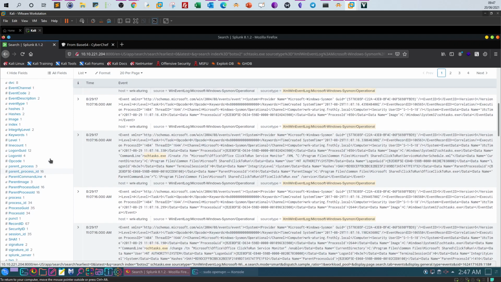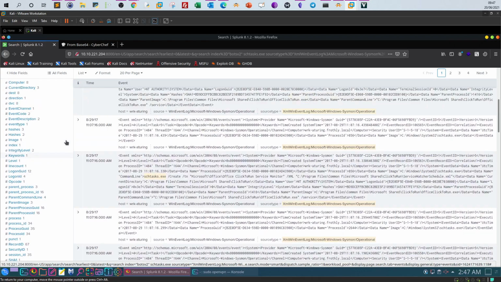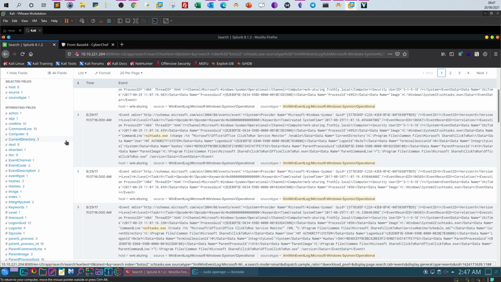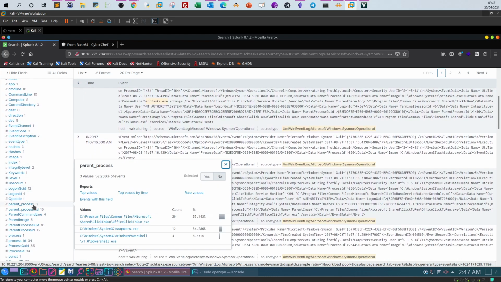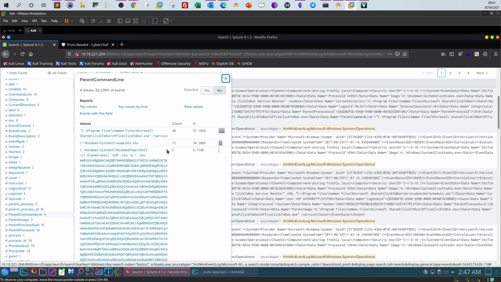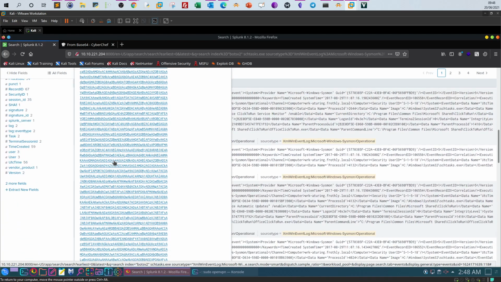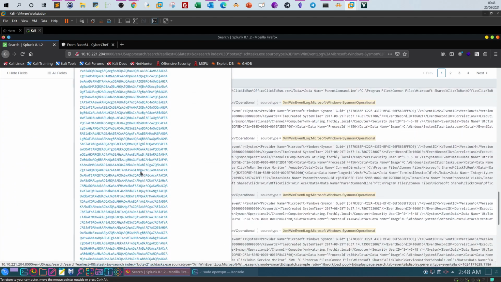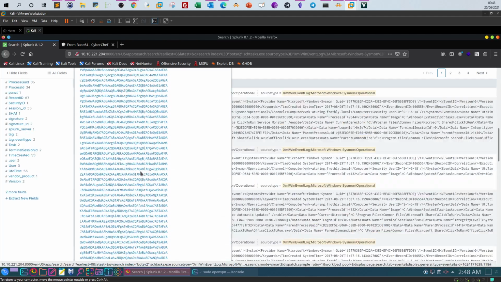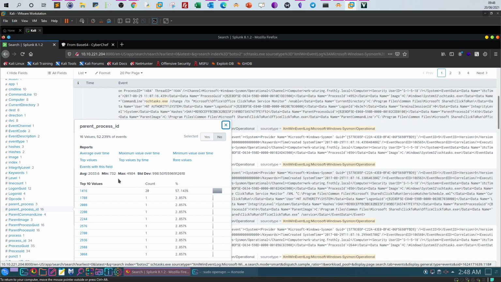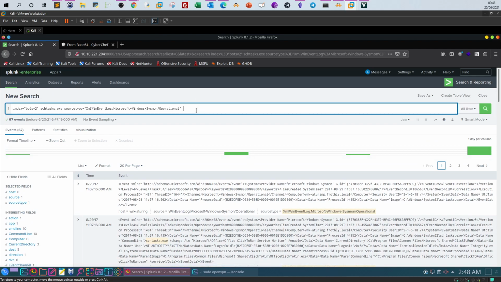Okay, so since we're looking at the scheduled tasks, most probably there is a command that is being executed to transfer or to communicate with the C2 servers. So we have parent process. As you can see, one is PowerShell. Also in the parent command line, as you can see, we have PowerShell commands. All right. So if we click on one of them, or if we table, let's use table,